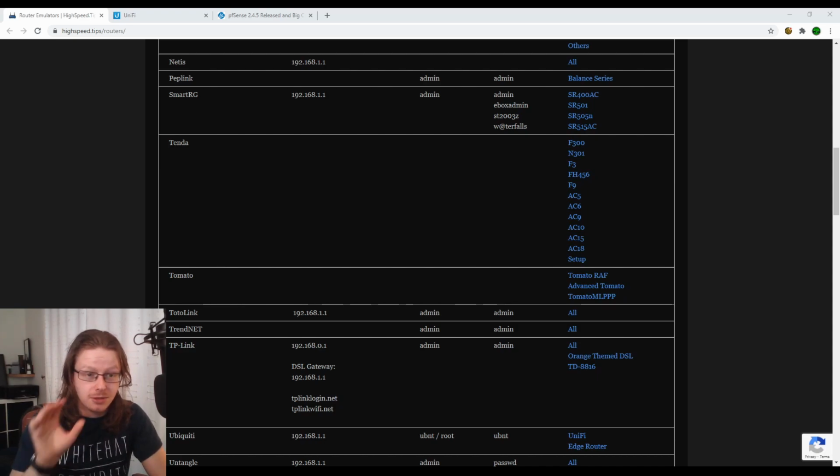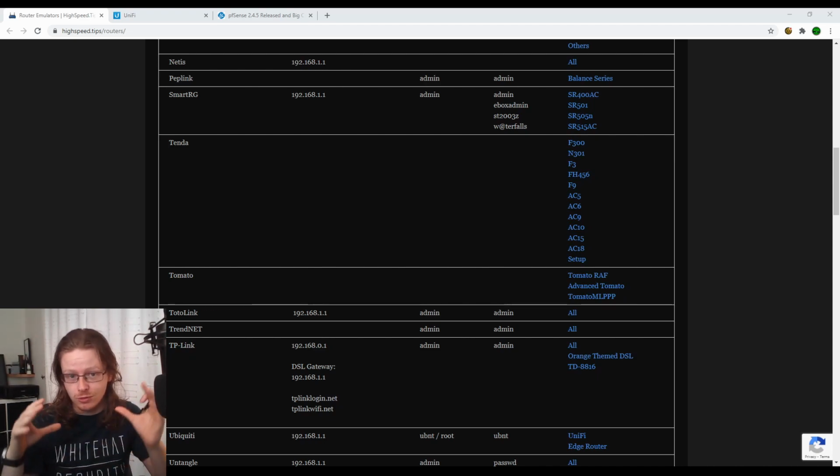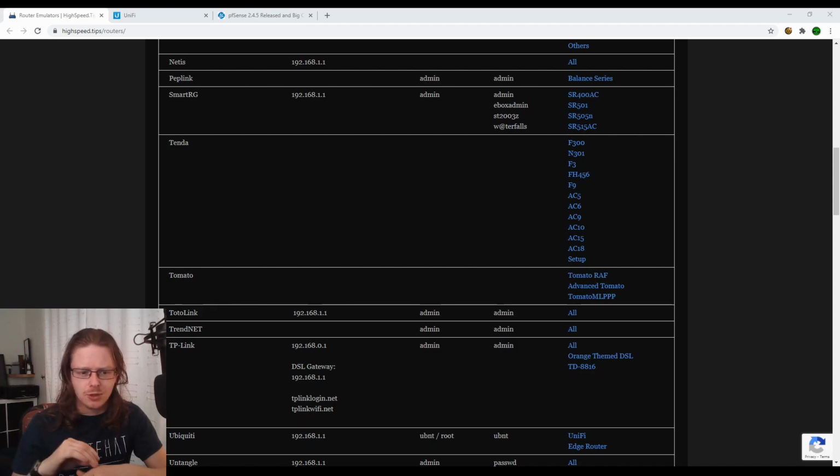And in this one, I'm going to be going through briefly a Ubiquity security gateway, but I'm also going to talk about Ipv6 as well, which is an open source system, so you can install it near enough on any computer. I'm not going to touch on it too much because it's the one that I'm going to be using in the network project that I've spoken about, and so I'll be doing a full install from scratch and config on it. This is more of an overview of what sort of features you need or would be ideal